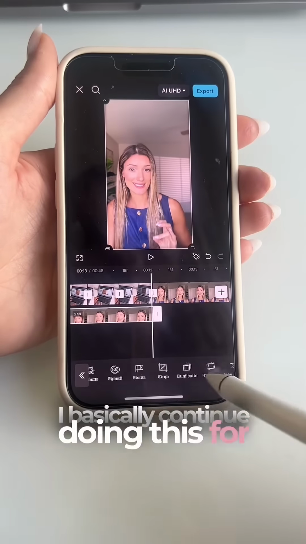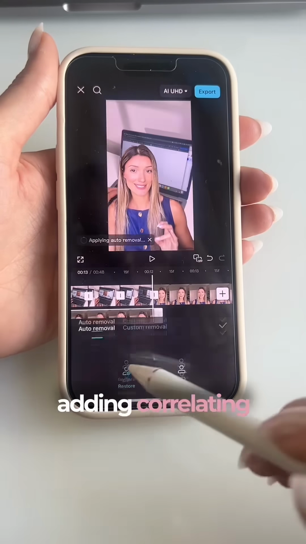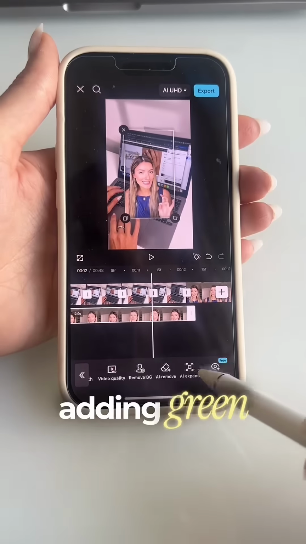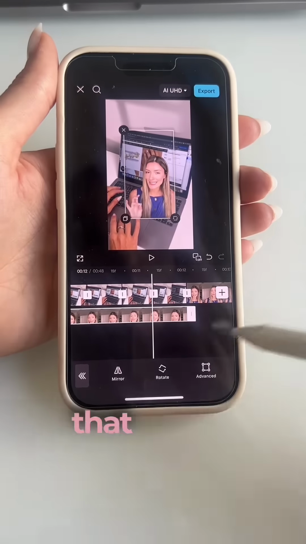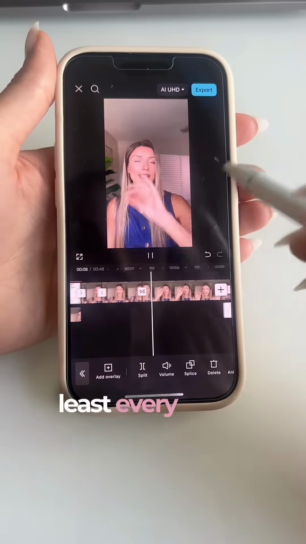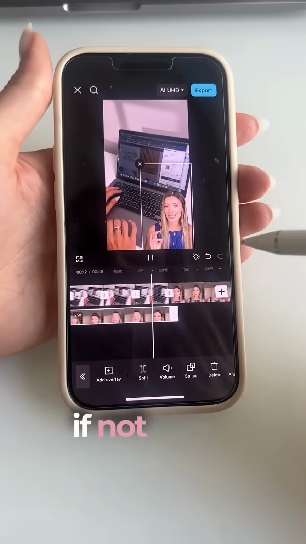I basically continue doing this for the rest of the video, adding correlating B-roll, switching up the footage every 1 second, showing and telling, adding green screen effect to the footage, and making sure that there's some sort of movement or switch up of the scenes at least every single 1 second, if not faster. And if you're